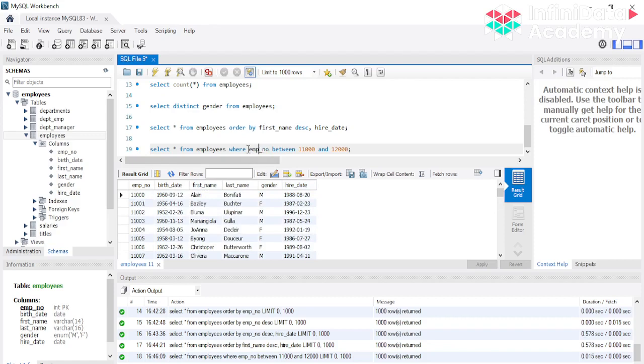So you can do this. Also, you can use the between and clause. This is basically used in case of numerical values or even for date values. Date के ऊपर भी you can use it over a hire date within the month. Let's say I want to check 1992 के Feb में कितने लोग hire हुए थे.